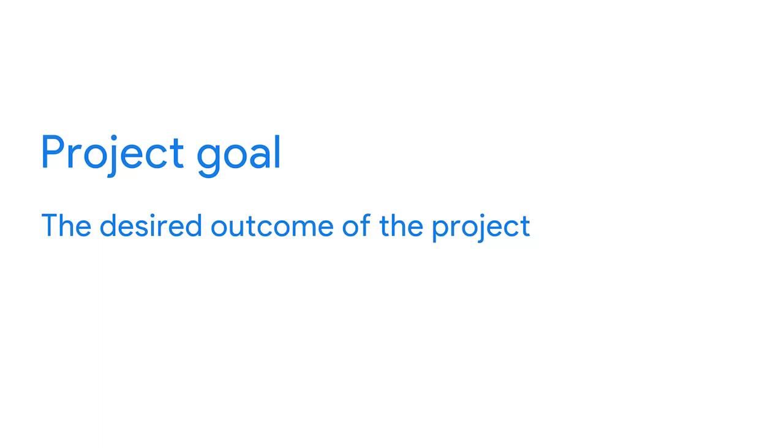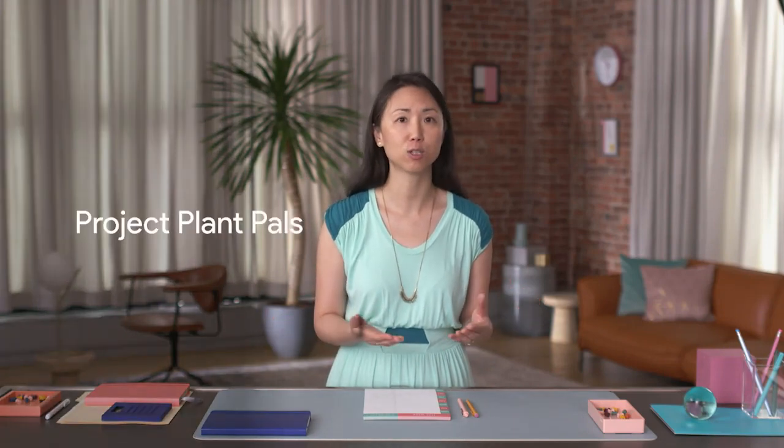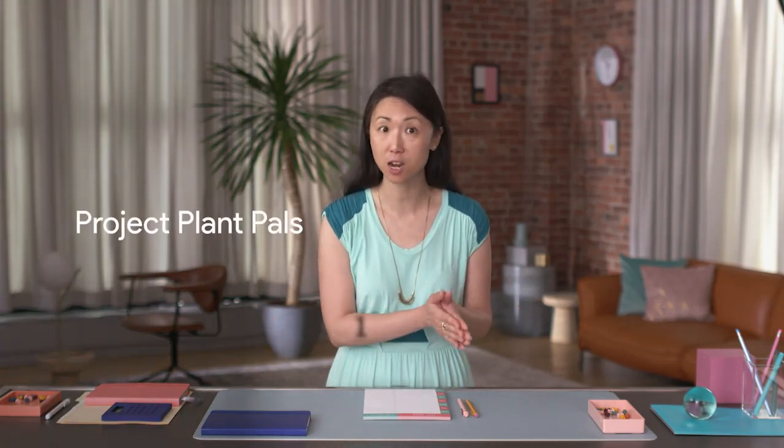Let's define project goal so that you can start to figure out what your project team needs to reach it. The project goal is the desired outcome of the project. It's what you've been asked to do and what you're trying to achieve. For example, your goal could be to improve the response time to customer inquiries via email by 20%. The goal of your office screen project might be to increase revenue by 5% through a new service called Plant Pals that offers desk plants to top customers by the end of the year.